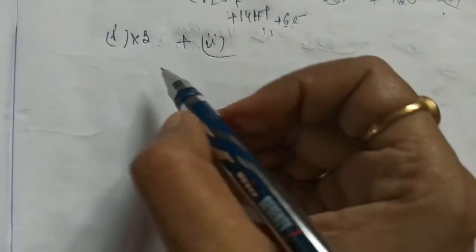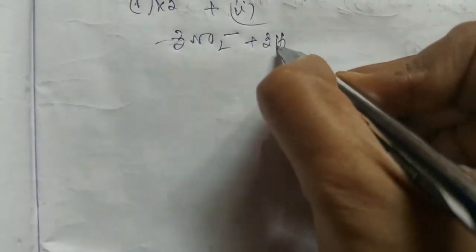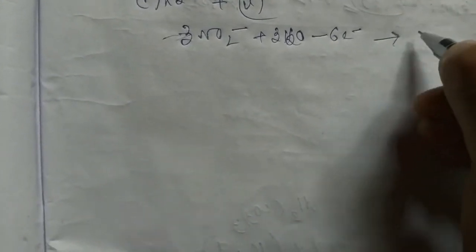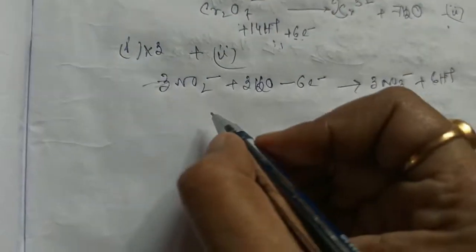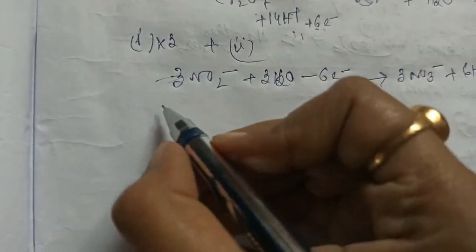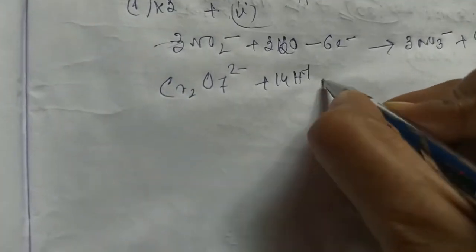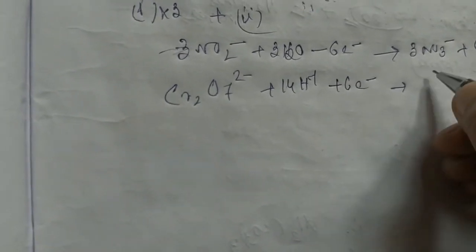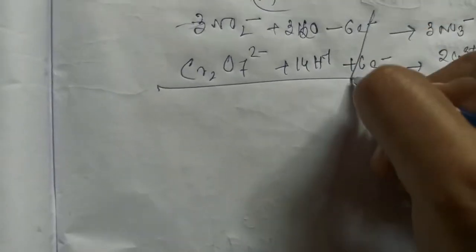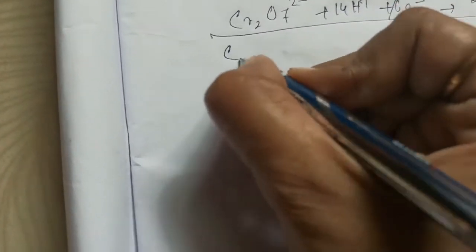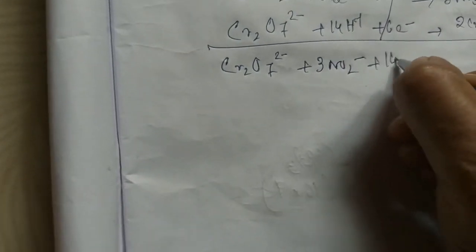So what happens when we do this? Multiply equation 1 with 3: 3NO2 minus plus 3H2O minus 6 electrons, gives 3NO3 minus plus 6H plus. Next, equation 2 into 1, nothing I have added, so nothing I have multiplied: plus 14H plus 6 electrons, then the products are 2Cr3 plus 7H2O. Now add these two, the electrons are cancelled, so the final equation is Cr2O7 2 minus plus 3NO2 minus plus 14H